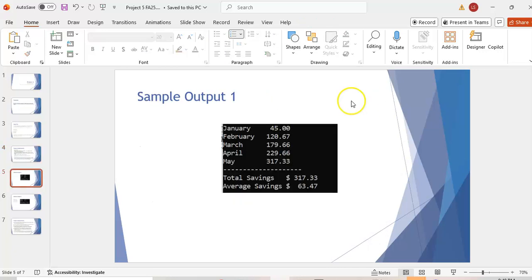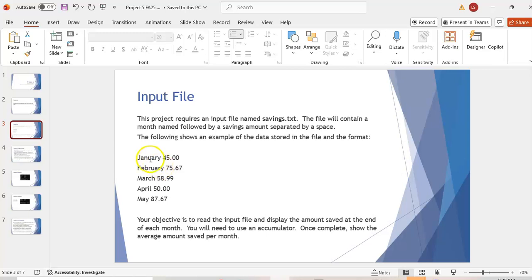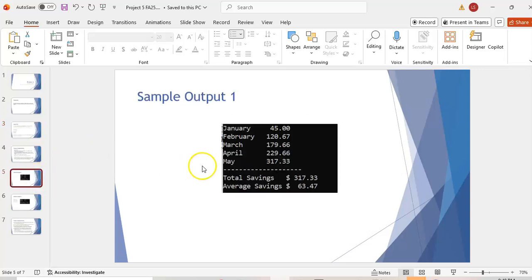sample output here. So here's my first sample output, and this is based on the input that you saw a couple of slides ago. So let me go back for a second here. So you see I have January, February, March, April, and May. January's got $45, February $75.67, etc. So at the end of February, you should see 45 plus $75.67. So now if you go to my sample output, you see the 45 for January, but then at the end of February, you have 45 plus that 75.67 added in. And then at the end of March, you see this 120 added to the new savings amount that you just